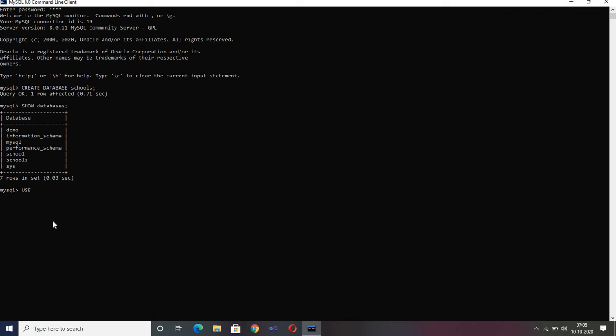This use command needs to be done whenever you start this system, for making sure that this is the database I'm going to work on. So use schools. Now it shows Database changed, meaning that whatever I do now will be performed on this database.